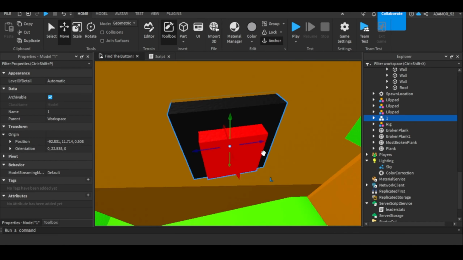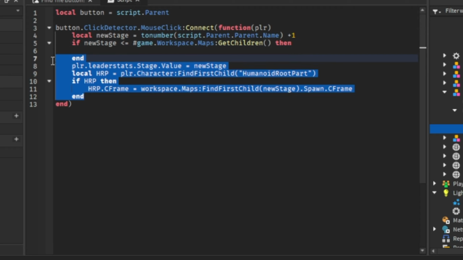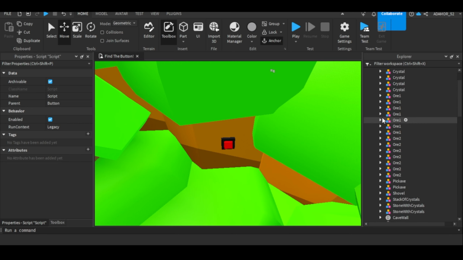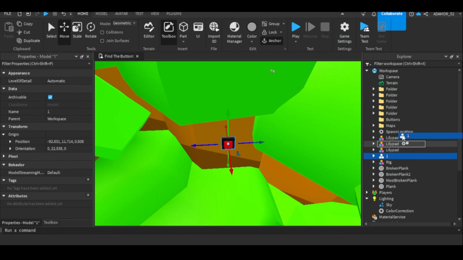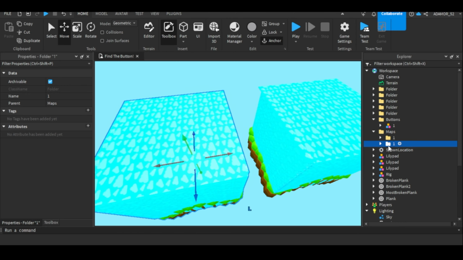Oh, actually before we make the other stage we need to set a limit, and we will do it by if newStage is lower or equals to # game.Workspace.Maps:GetChildren(), then we will do that. Else print player.Name has reached the end. Let's also quickly make a folder in the workspace and call it buttons, and we can put the button there. And let's duplicate our map, move it there, change the name of the map to 2,